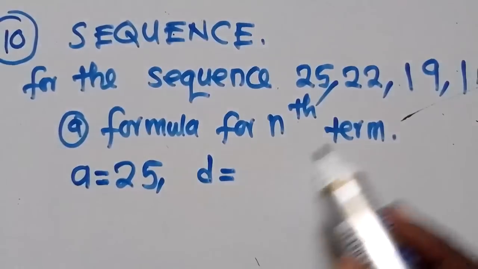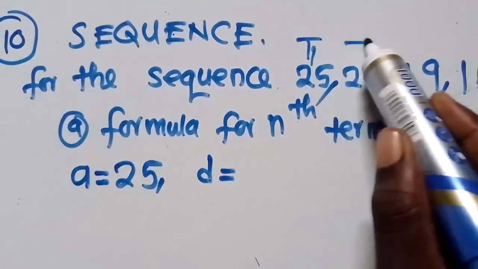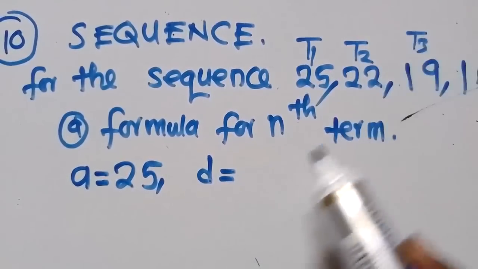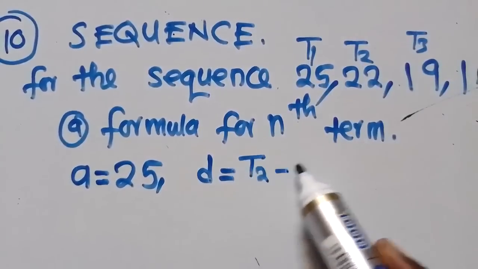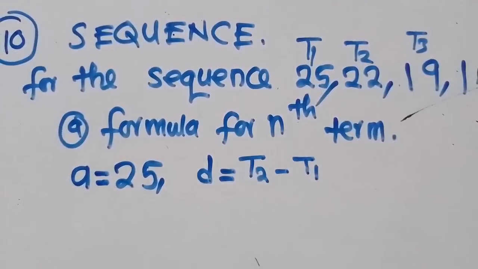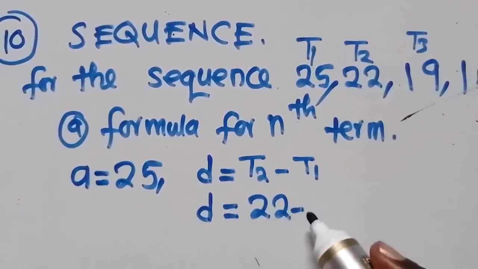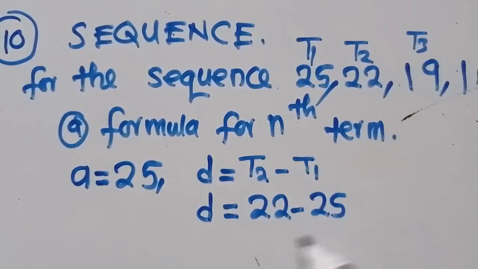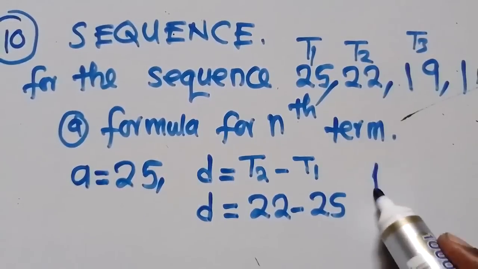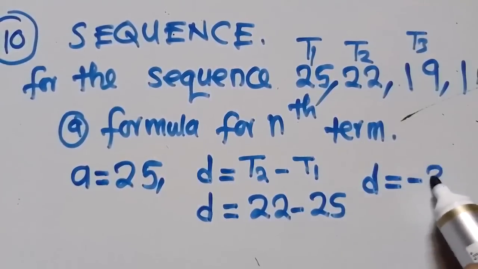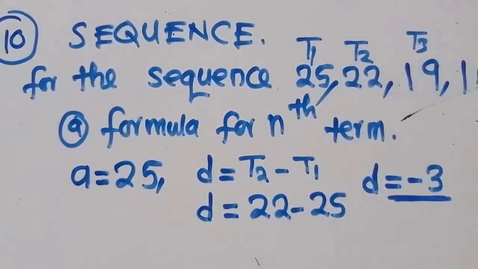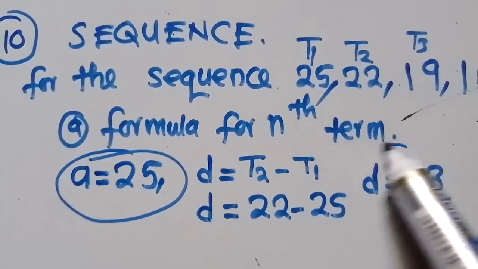You say this is your T1, this is T2, this is T3. So we just say T2 minus T1. This is how we find the common difference, which is equal to T2, which is 22, minus T1, 25. Finally, you are going to get negative 3. So after you know the first term and the common difference,